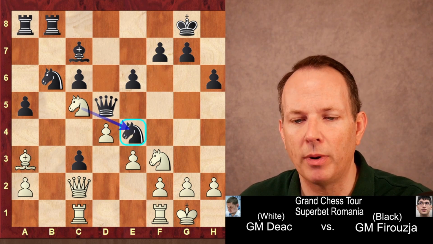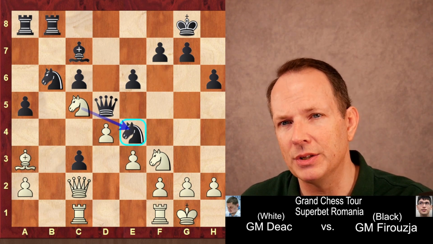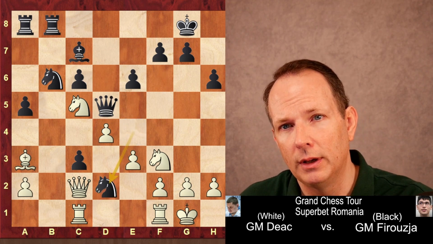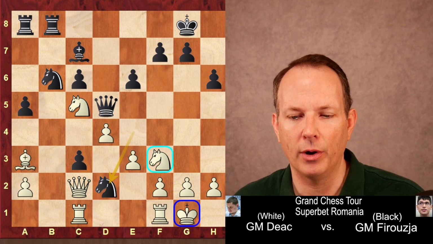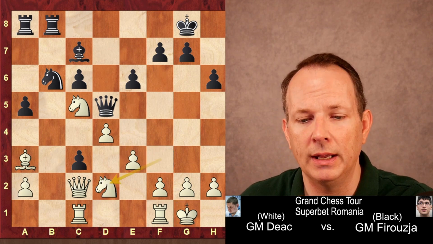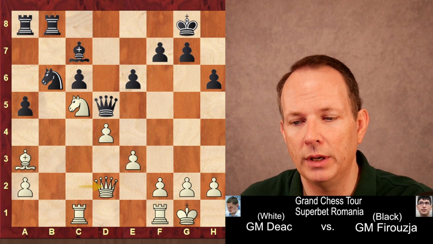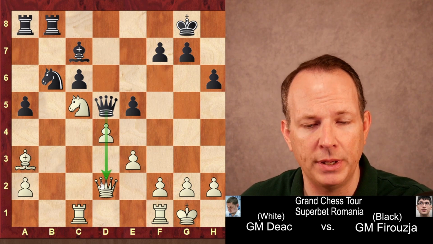Now, this next move by Alireza was a move that he thought was one of the stronger moves in the game, a way of really keeping his activity going. He plays the move knight to d2. And this, of course, distracts this knight on f3 away from the defense of the king. Knight takes, which is forced, cd2, queen d2, and now e5 is played, trying to take advantage of this pin